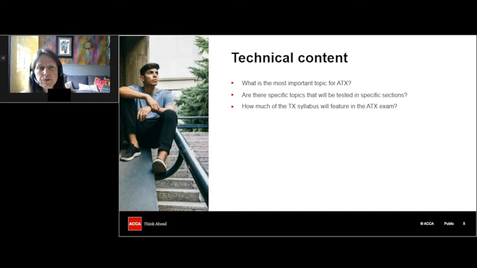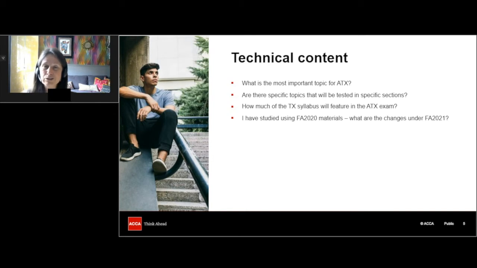Now, for those of you who have studied using Finance Act 2020 materials, this exam is going to be based on the Finance Act of 2021. So that will be the second exam that's going to be based on the Finance Act of 21. And there are some differences. So if you have studied using the older materials, then it's very important that you do get used to using the correct rates and allowances. And the best thing to do is, if you haven't looked already, have a look on the website and have a look at the Finance Act 2021 article.